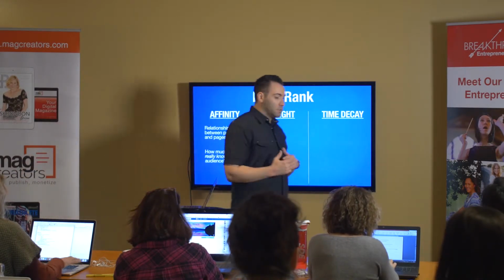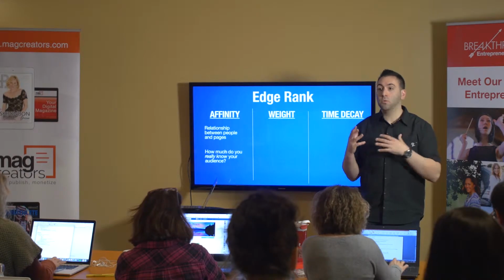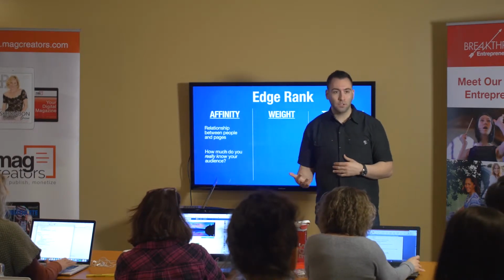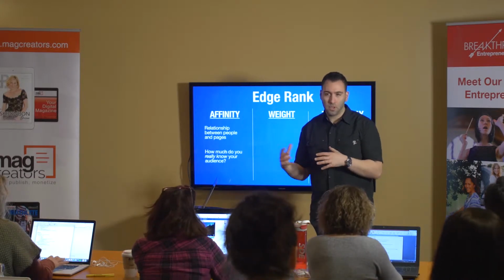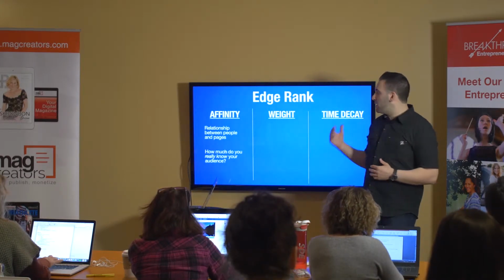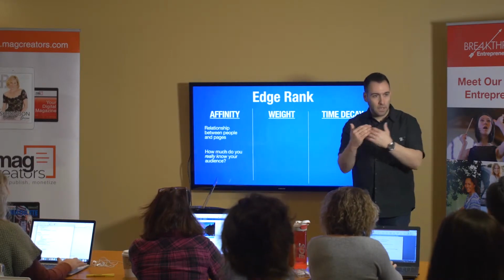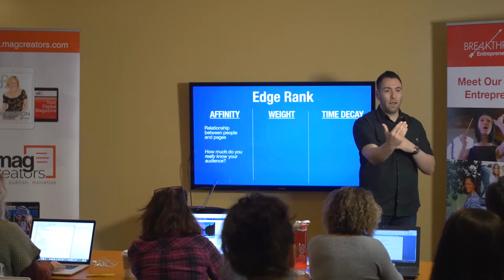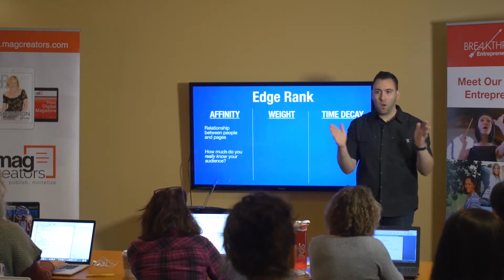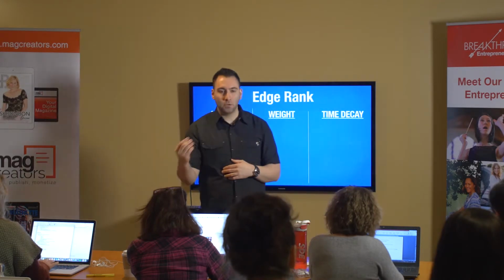Now, Facebook goes back to trying to figure out all these algorithms. They actually work with psychologists and sociologists, and they're trying to emulate the real world online. So when you think about it in the real world, affinity is like affinity between any two people, right? And how well we know each other is that ranking of affinity. So in the real world, how do you measure how well you know somebody?